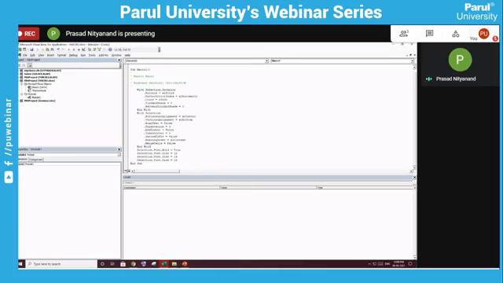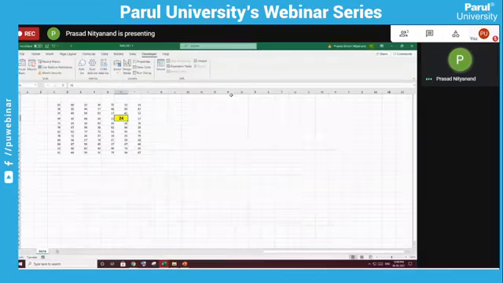So this color corresponds to the yellow color. The horizontal alignment I have set to center. I have made bold equal to true. Then I have increased the font size. So it has recorded the macro here. You may not need to learn or remember all this code. You can just record it and then play it back.